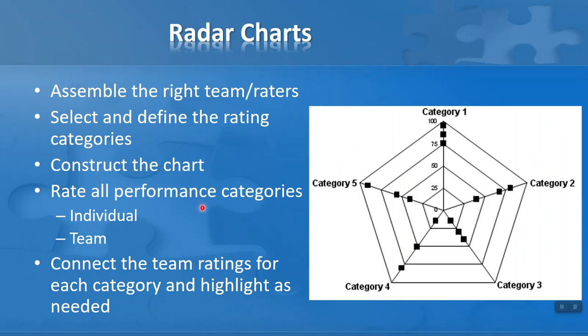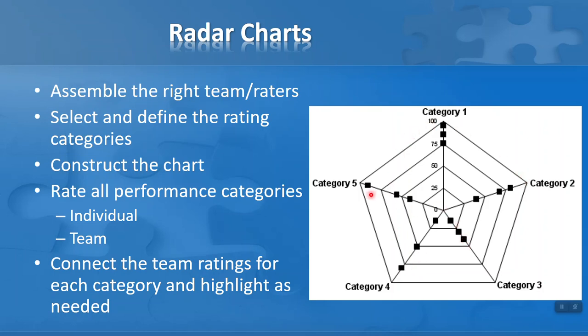And then we rate all the performance categories, either as an individual or in a team. And you can see here that for each of the categories I've got 3 identifiers, 3 ratings. So in category 1, I've got ratings of 75, probably 80 or 90 in there, and 100. For category 2, we've got different ratings added on here. So these are all connected for each category, and we highlight them as needed. So at the end of this process, we can see what's performing very, very well, and we can see what's